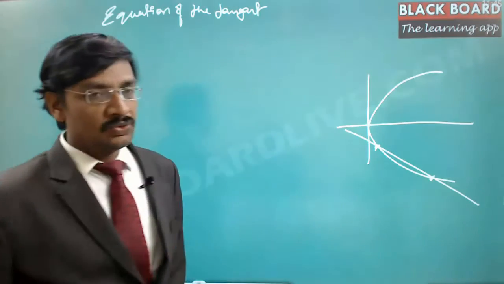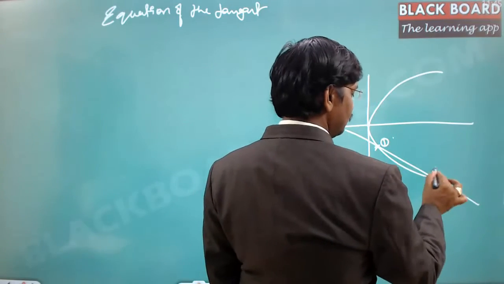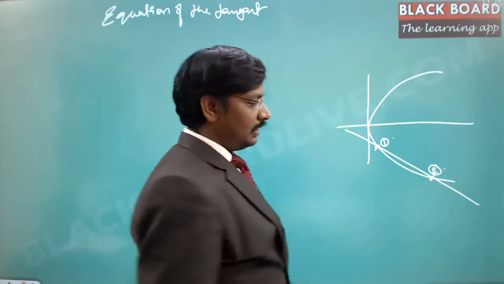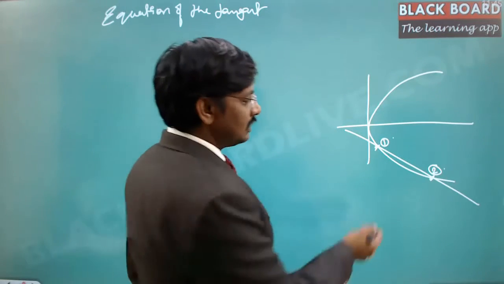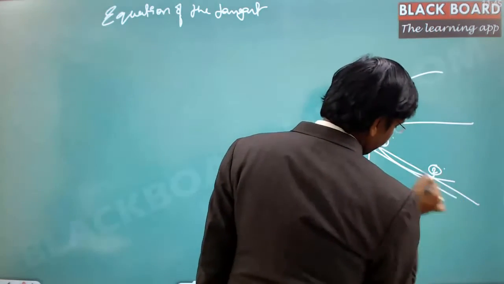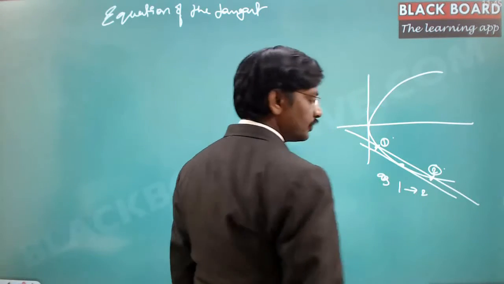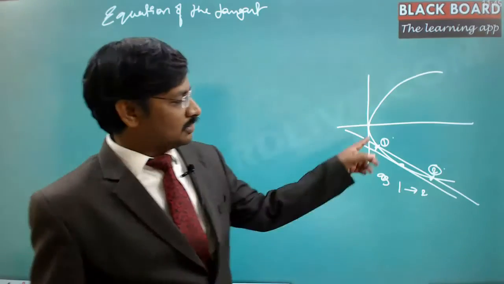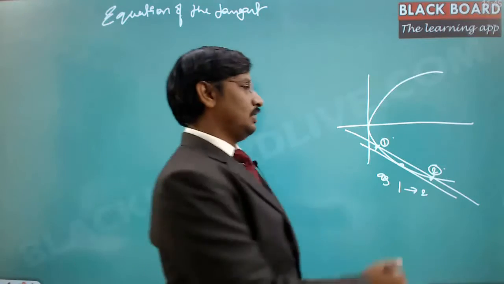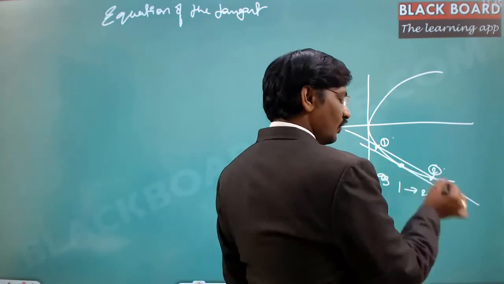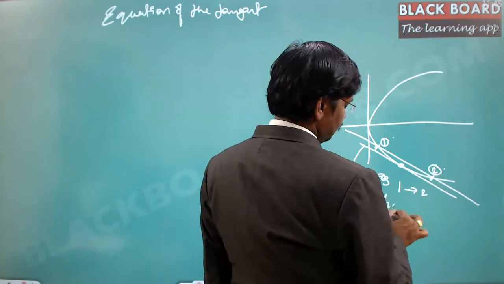points. Now this tangent actually, if this is point number 1 and this is point number 2, then if 1 and 2 are approaching together, then this straight line will become tangent to this particular curve. So as point 1 tends to point 2, that means both are coming together, then it will meet at one particular point. So here, if you draw the chord, it will become tangent. So here the chord becomes tangent.